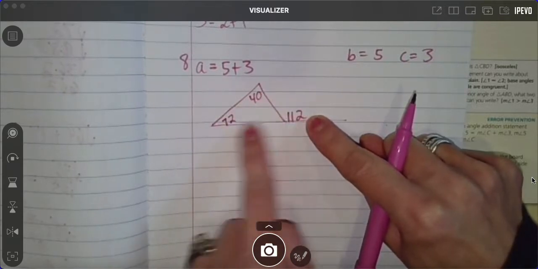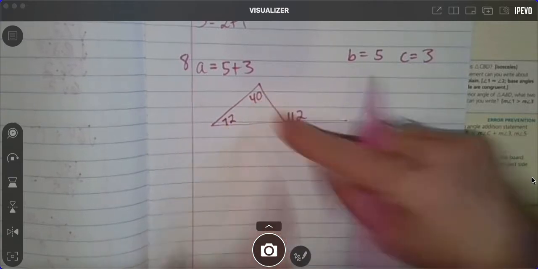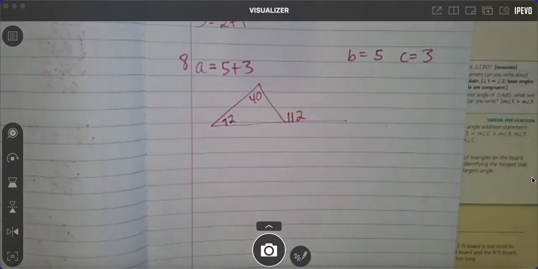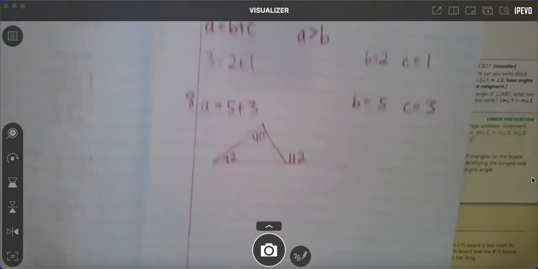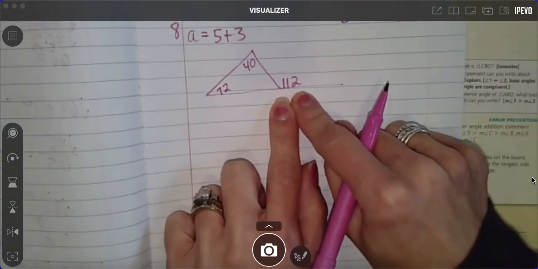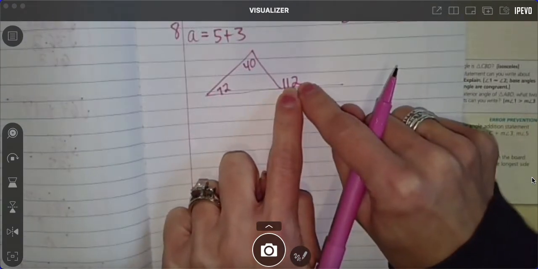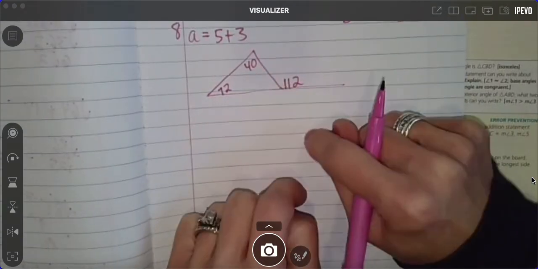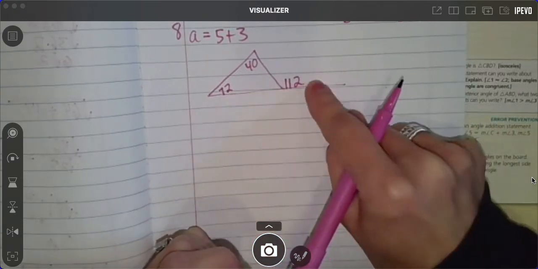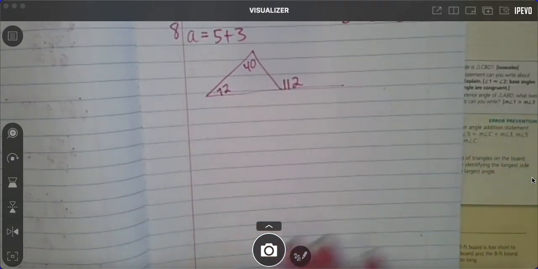Why is it bigger than those? Because it's 2 of them added together. Okay, is that making sense? That's all that little theorem, or what is it, a corollary, is saying. Okay, but y'all have to remember the exterior angle is these 2 added together, and we know it's bigger than each of them because it's 2 added together. Okay,